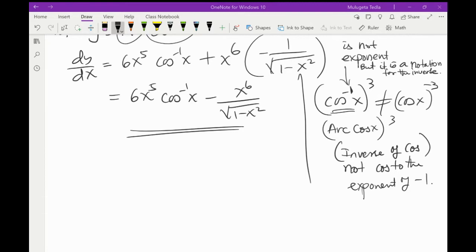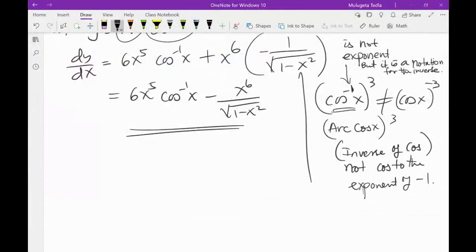If it's part of an equation you are solving, for example, x to the 1/3 equal to sine inverse of, say, 2 pi,